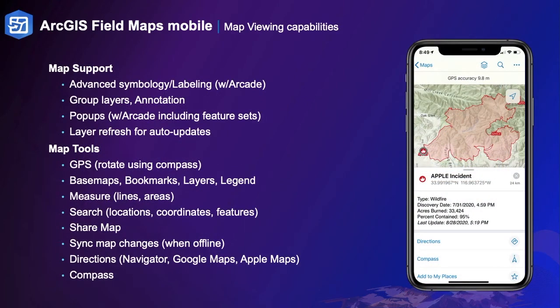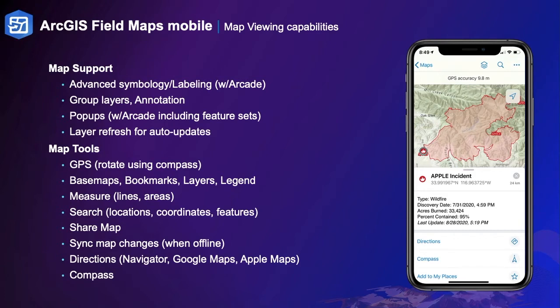I'll drill into each feature in a little more detail. The map viewing capability is really the core capability of the Field Maps application. We support labeling with ArcGIS, as well as advanced symbology. Group layers and annotation are supported, and everything you can do in a pop-up in the web map or in ArcGIS Pro is also available in Field Maps, including ArcGIS feature sets, which we added support for in the last